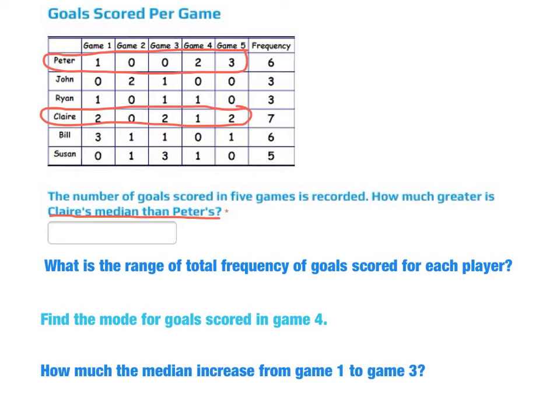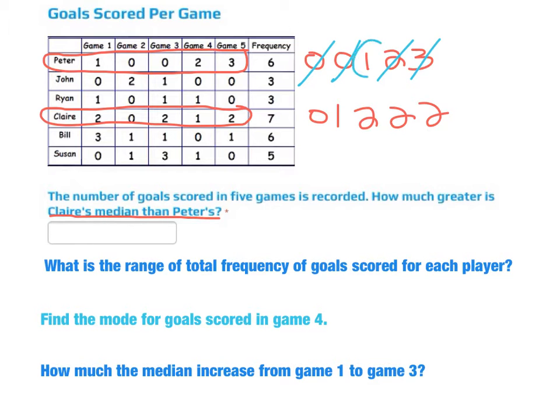When you find a median, you want to list them in order from least to greatest. So Peter's goals in order would be 0, 0, 1, 2, 3. And Claire's goals listed in order would be 0, 1, 2, 2, 2. To find a median means in the middle. So you find the number in the middle. So Peter's is 1